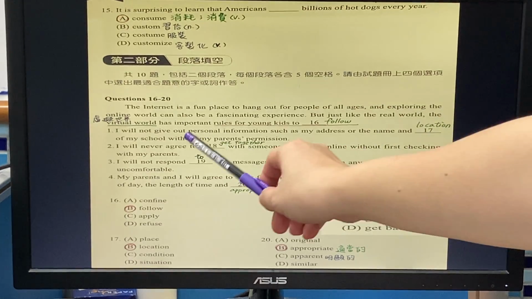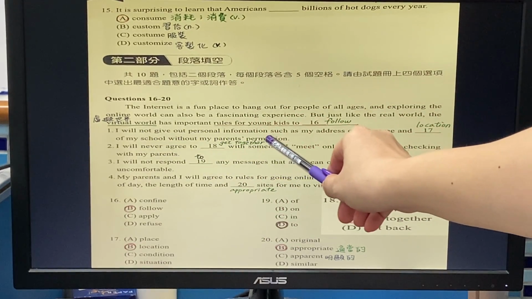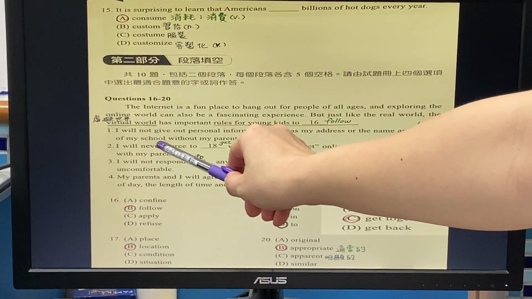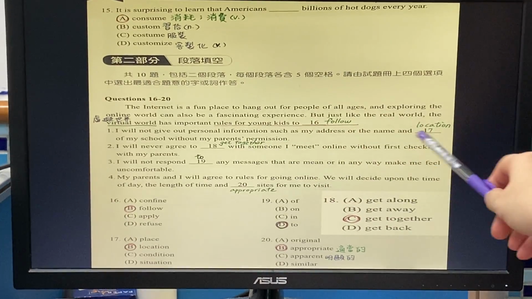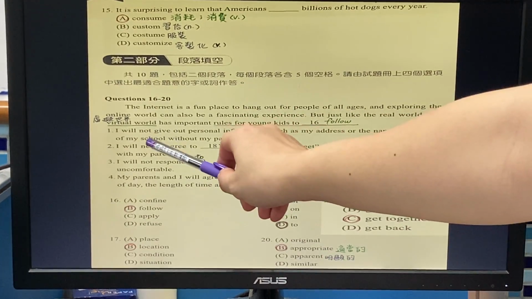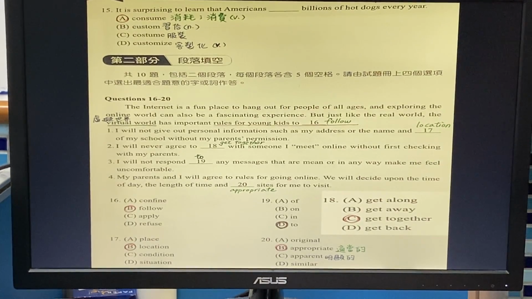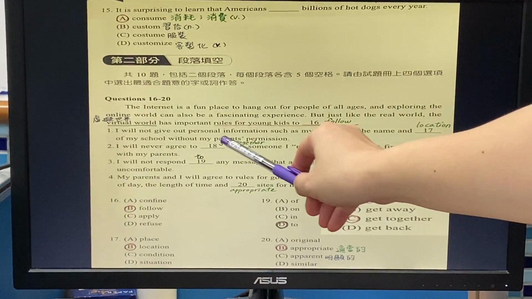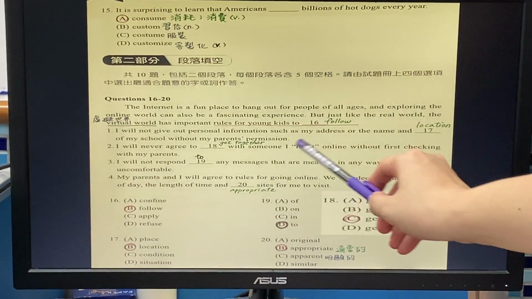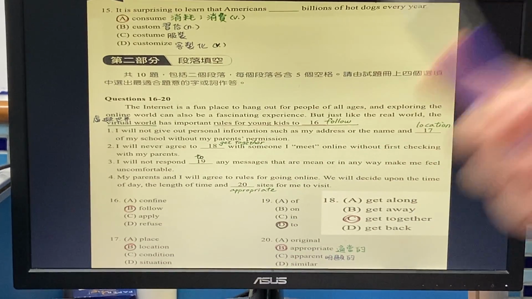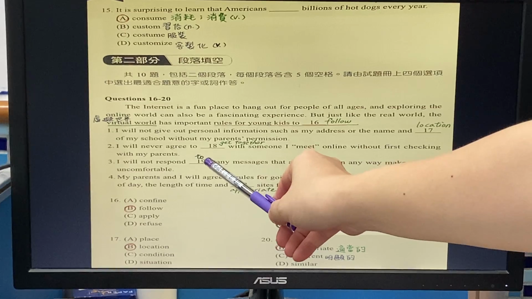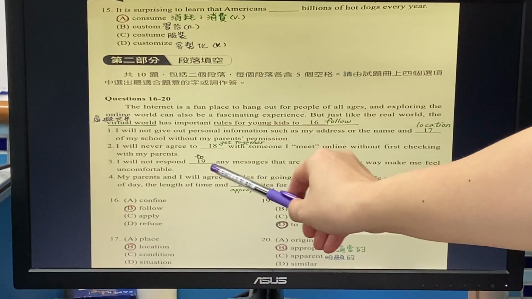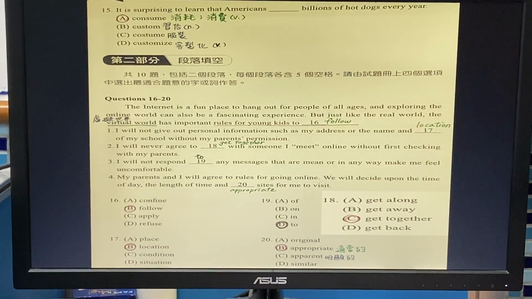Look at 17. I will not give out personal information such as my address or my name and location of my school without my parents' permission. 学校的位置就是 school's location. Okay, 18. I will never agree to get together with someone I meet online. Get together 就是聚在一起，不会和网友见面。19. I will not respond to any messages. After respond, we use to 回复什么。